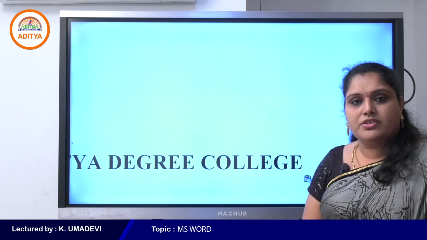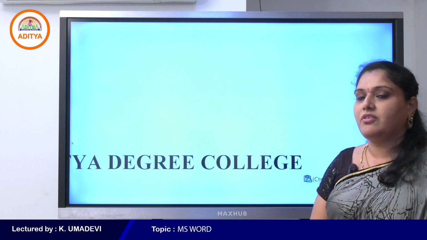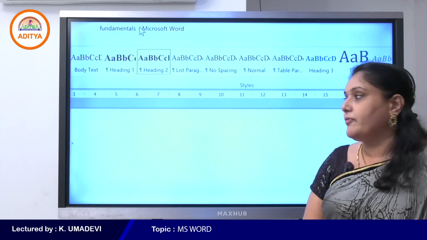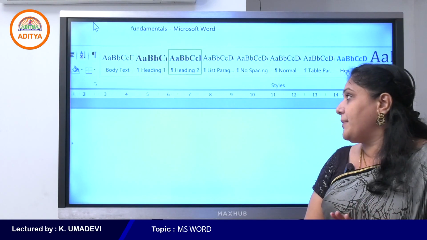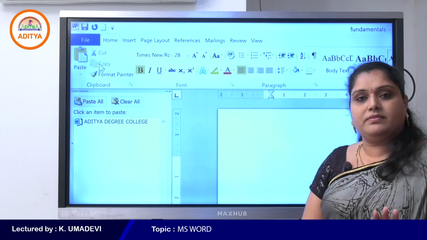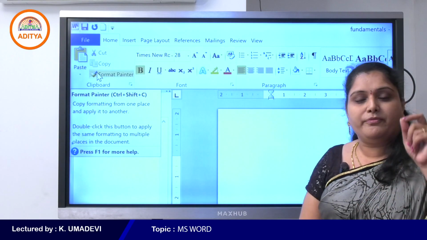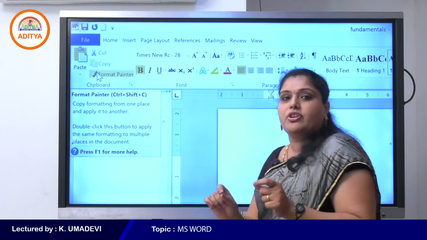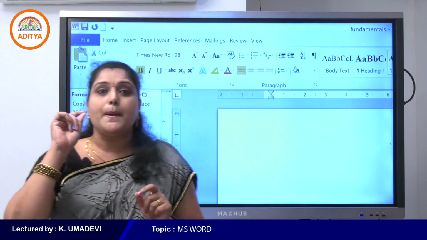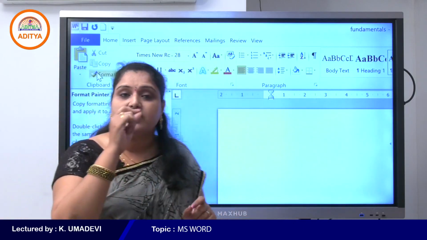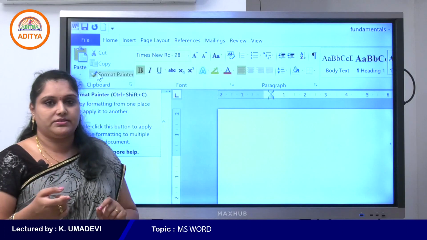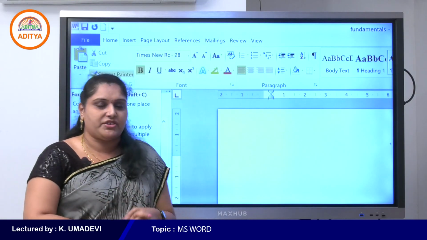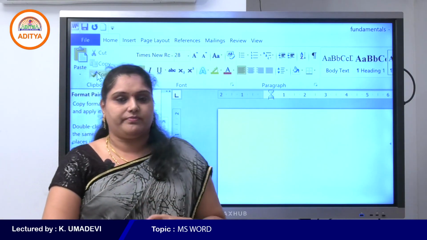Okay students, use the cut command on the ribbon: first select the text, use cut, then fix your cursor position in a new location and click on the paste option to paste the content wherever you want. So this is about cut and paste. This is the first operation.